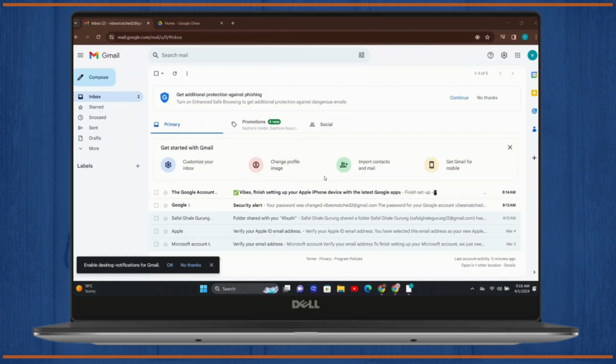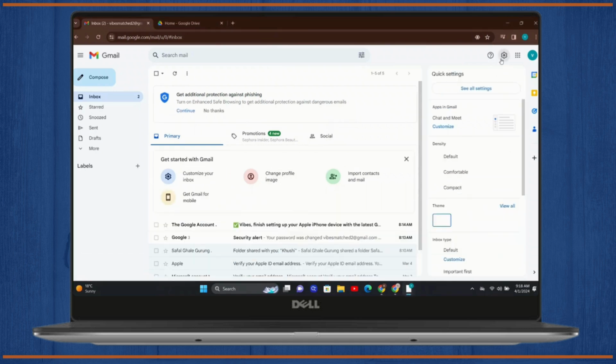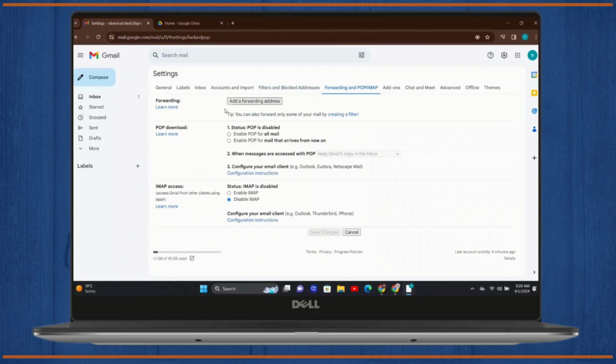And the next thing that we can do is we can go in our settings here, and we can simply click on our see all settings option, and there we will go in our filter and blocked address. So after going in there, we have to make sure that there are no filter emails available there,